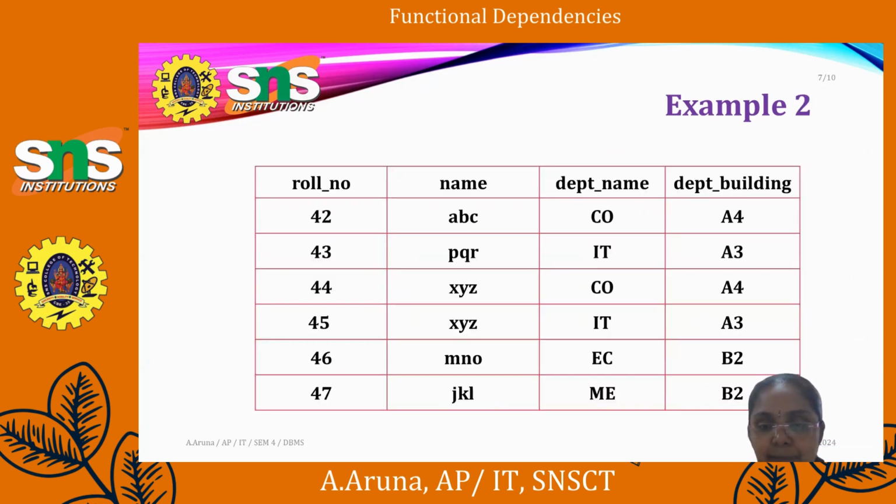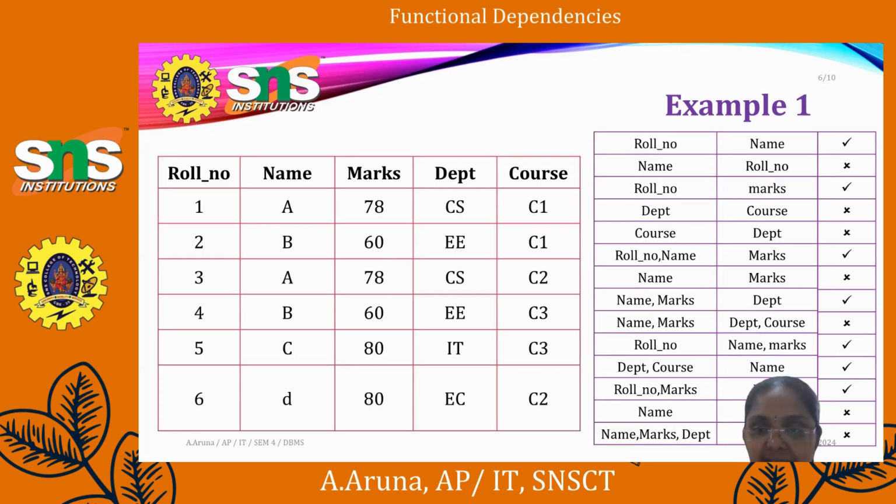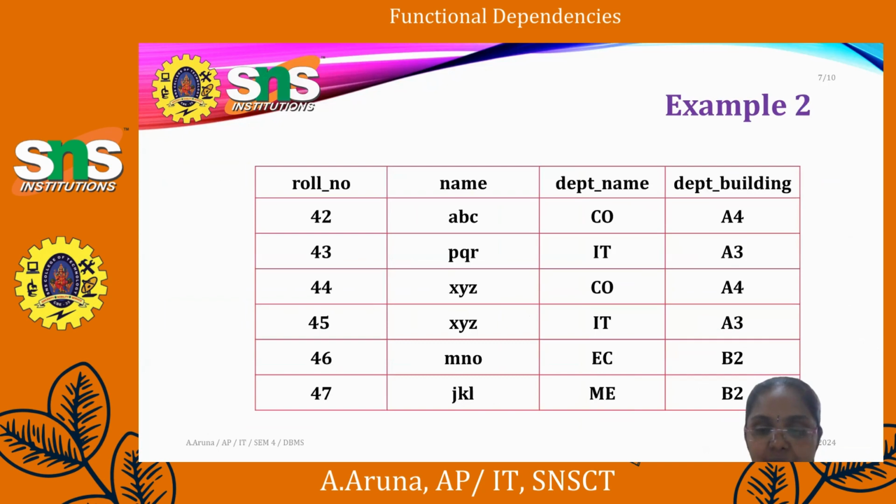See through the next example, this is a second example. In this case, you have so many valid and invalid dependencies. So from your exam point of view, they may ask like this. Along with the dependency, they will ask you to find out whether it is valid or not. In some cases, they will give you only the table. By using the table, they ask you to find what are the valid functional dependencies present over here and invalid